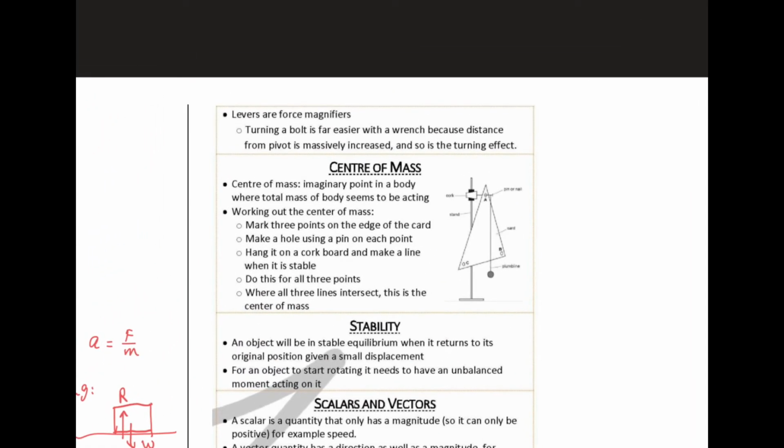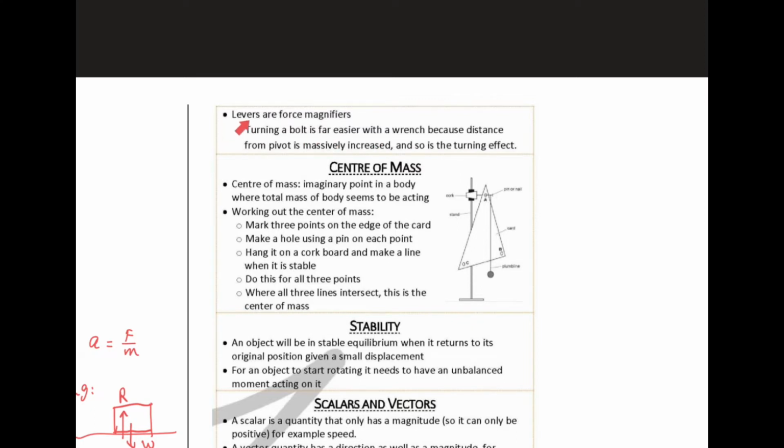Levers are force magnifiers. Turning a bolt is far easier with a wrench because the distance from the pivot is massively increased, and so is the turning effect. This is the concept that I explained just now, the nut. You have to use a wrench or a spanner to open it,